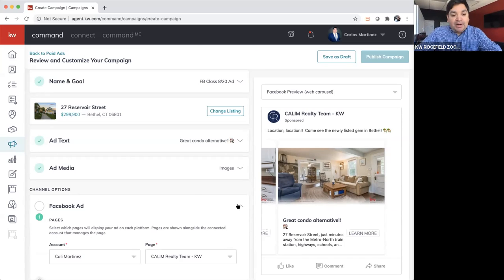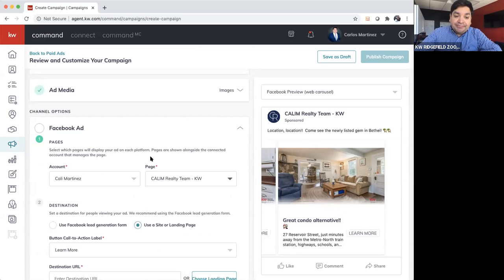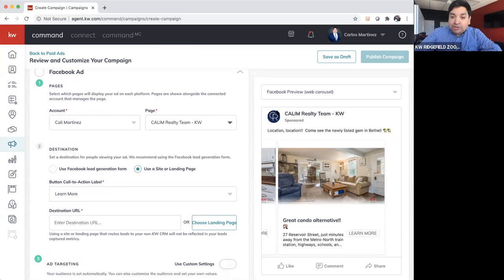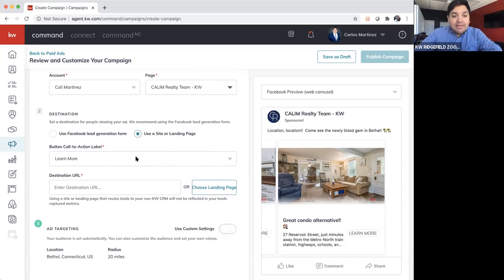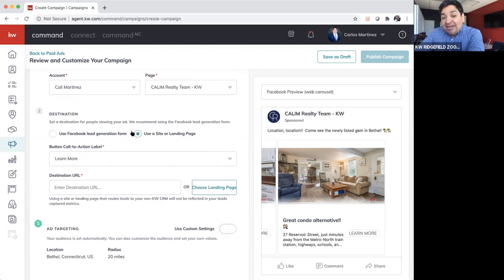And here comes the juicy part, like I was saying before. So I have a couple of pages here. So I'm going to click on Callum Realty. And it shows my supposed real estate information up here. Pretty sweet logo for someone who doesn't really sell real estate anymore, right? So a couple of things. It's going to ask, do you want a landing site or a lead generation form? Here's the kicker. If you are using something like Cloud CMA or something like that,